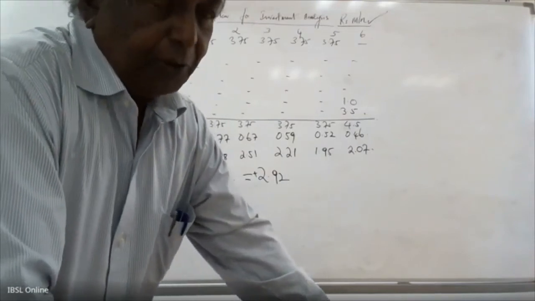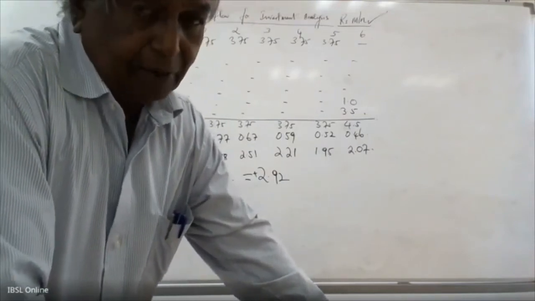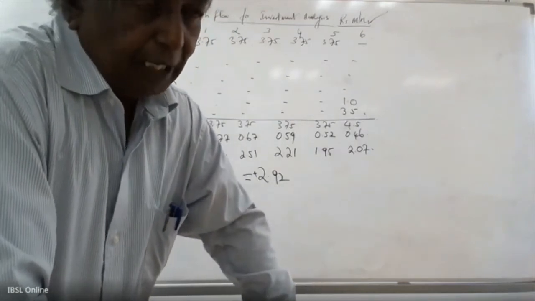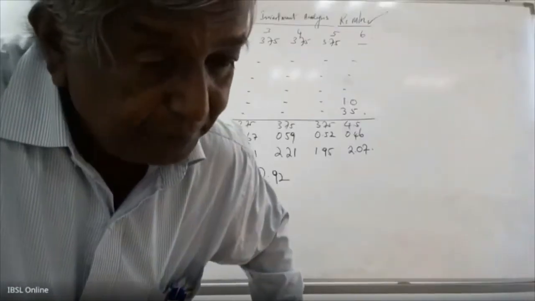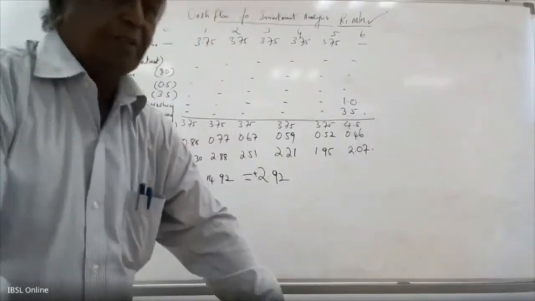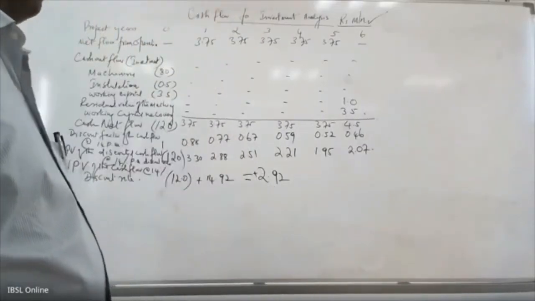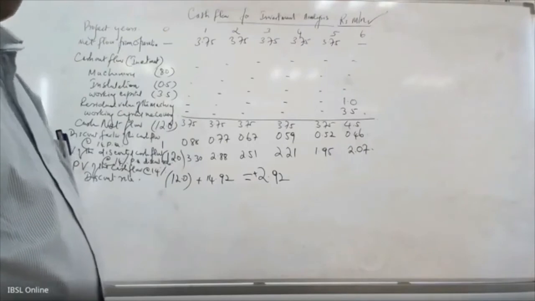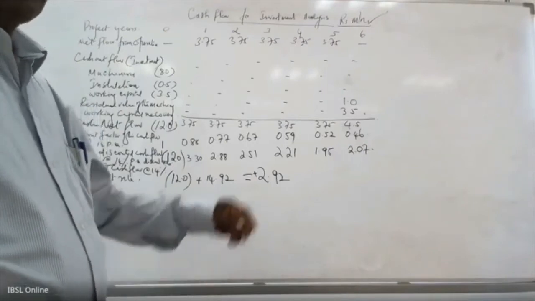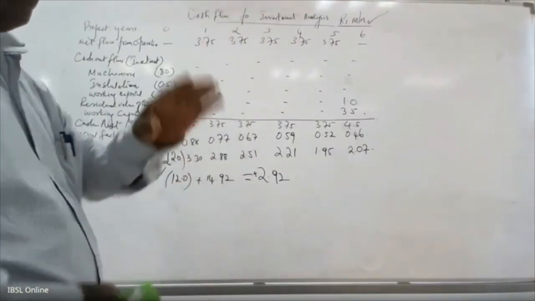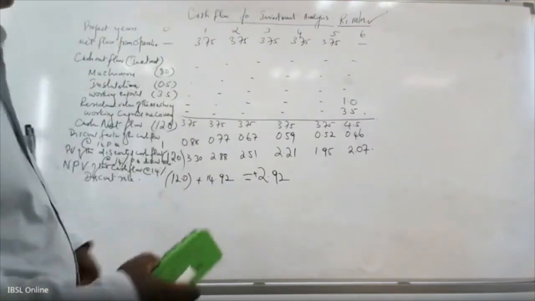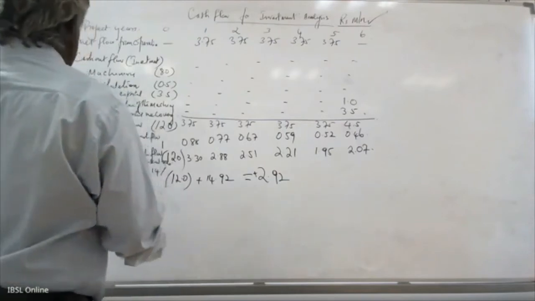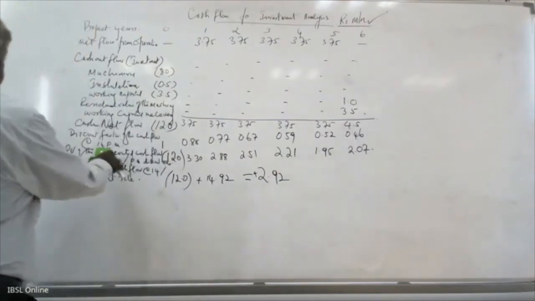Now we are going to calculate the IRR on this one. To calculate the IRR, what do we have to do? Whether we have to increase it. Sorry? You have to increase. Increase. Very good. Yes, you have to increase. 14%. Calculate at 19% and see. A 5% difference. 14%, 5, 19%. Calculate at 19%.